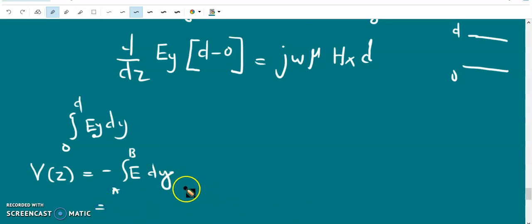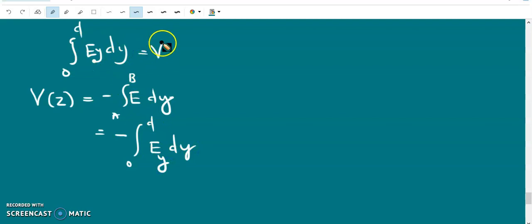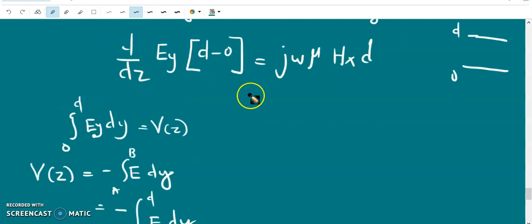For the potential difference between the lower and upper plate, it is integral 0 to d E dy. So this quantity is nothing but, as we have said, the potential difference or the voltage between the upper and lower plate. So we can write this expression as d by dz of